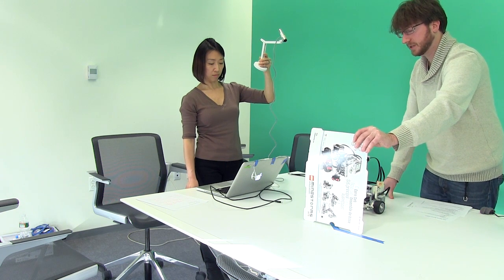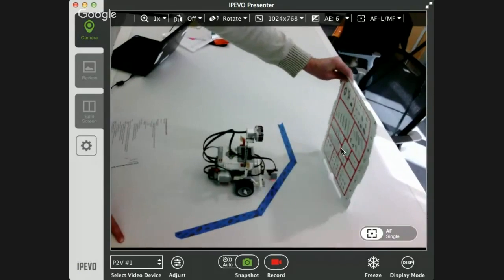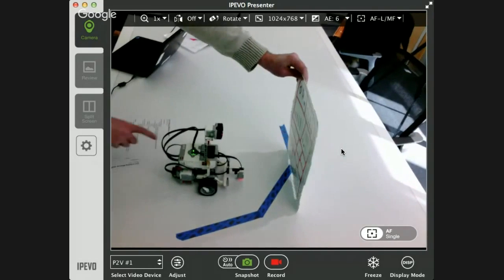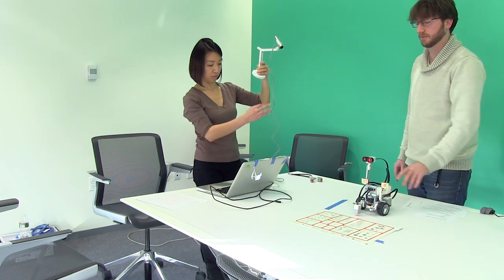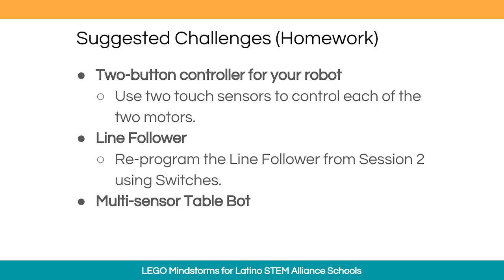So this is an example of looking at 2 different distance conditions and having 3 robot actions of drive forward, stop, or back up to maintain a specific distance. So those are all some pretty interesting examples of what you can do with Switch, especially when you start nesting multiple switches together. So for this week's homework, we're going to have you try doing the 2-button remote controller,